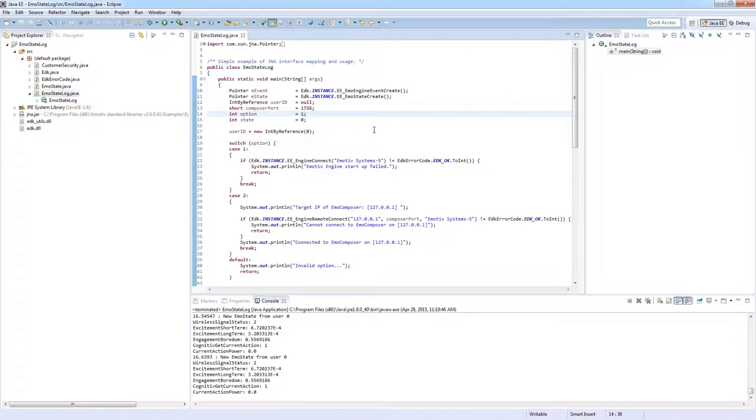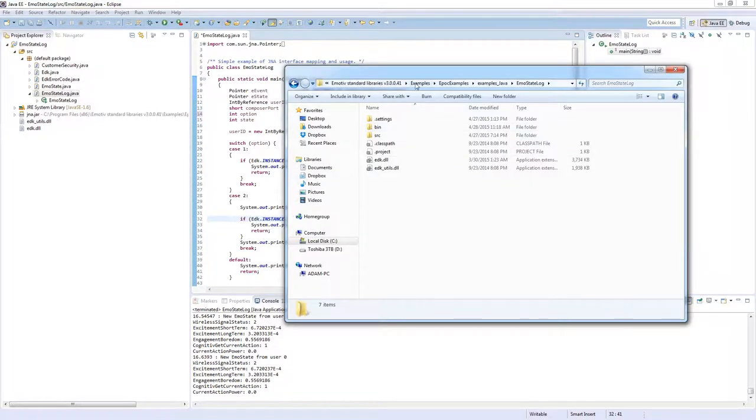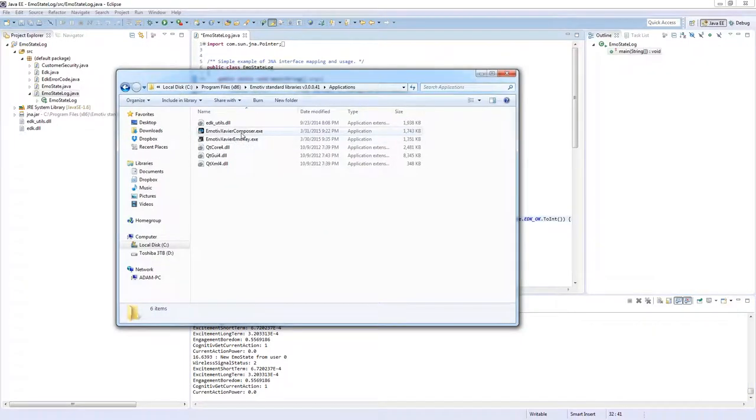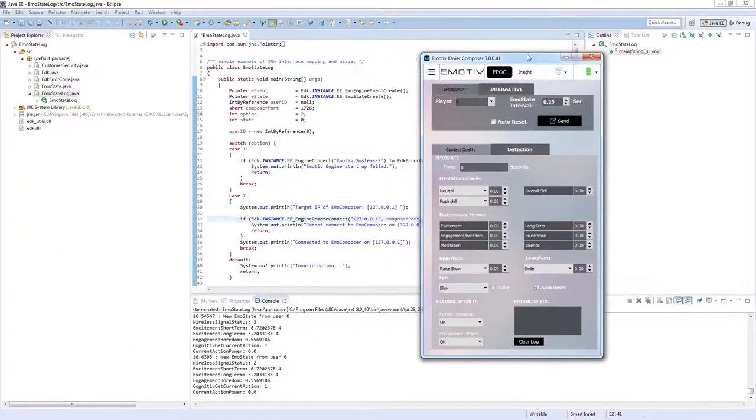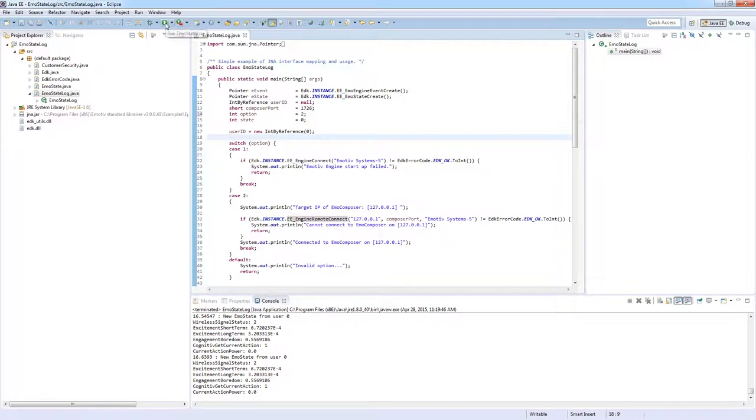So if we change this option to 2, we'll use this remote connect call, which will connect to EmoComposer. If we go back to our SDK directory within applications, you'll see this Emotiv Xavier Composer application. So let's go ahead and open that, and then we'll run our example